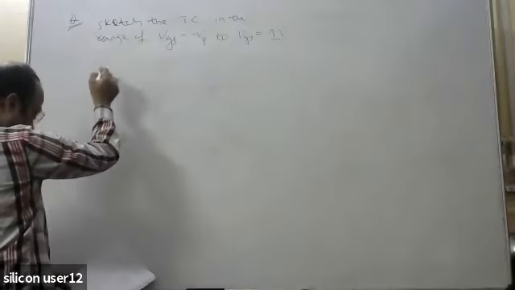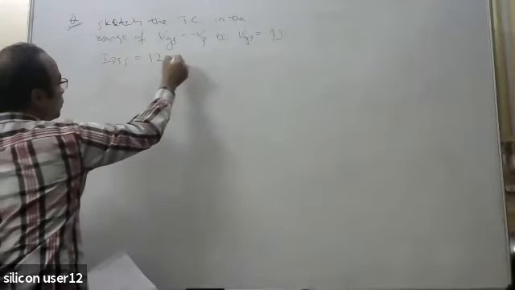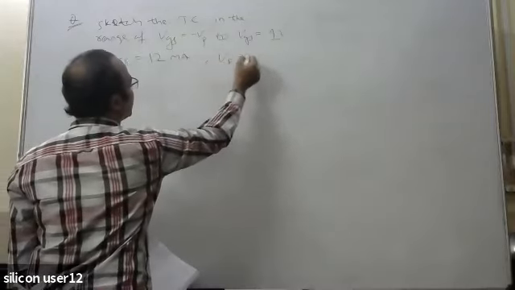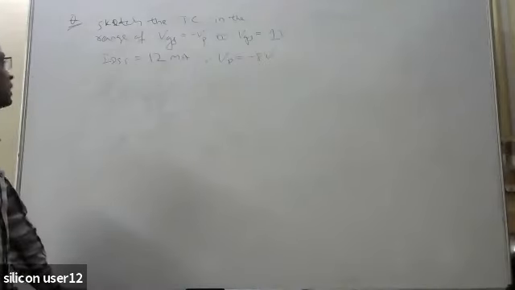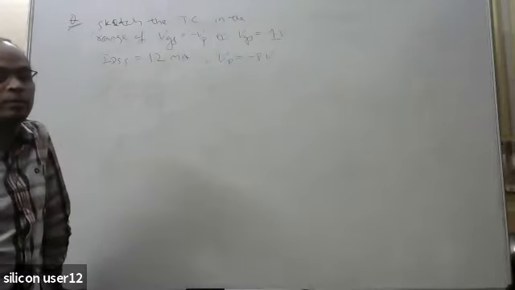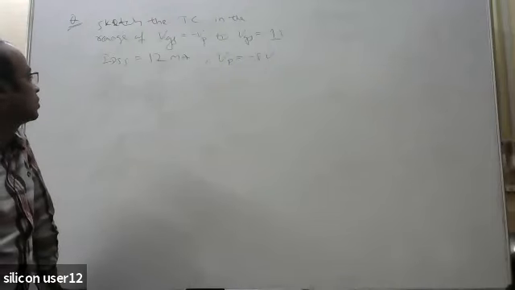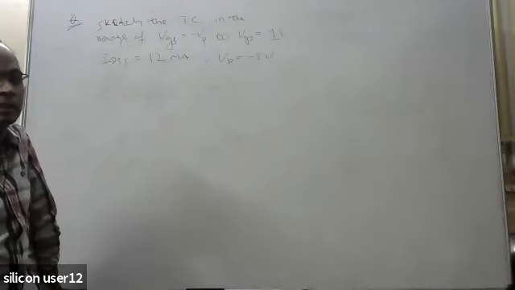Okay, what are the given parameters? IDSS equal to 12 milliampere and Vp equal to minus 8 volt. Okay, so these two parameters are given. IDSS is 12 milliampere and Vp equal to minus 8 volt. You have to basically draw the transfer curve, transfer characteristic of the depletion type MOSFET. Okay, so how can you do that? Already we have seen a similar problem in the previous class. Okay, so can you do it or not?